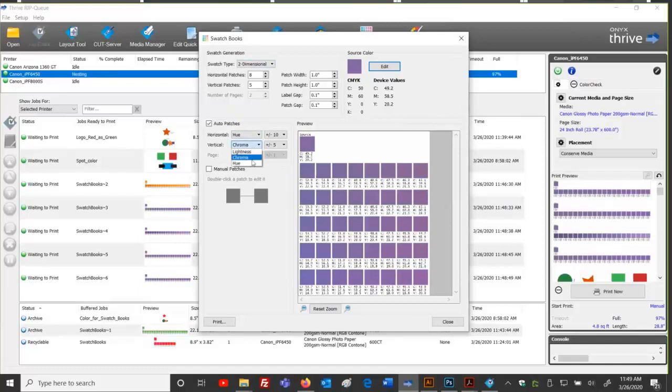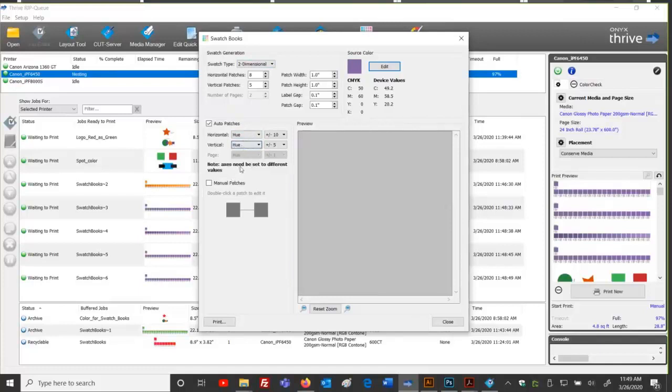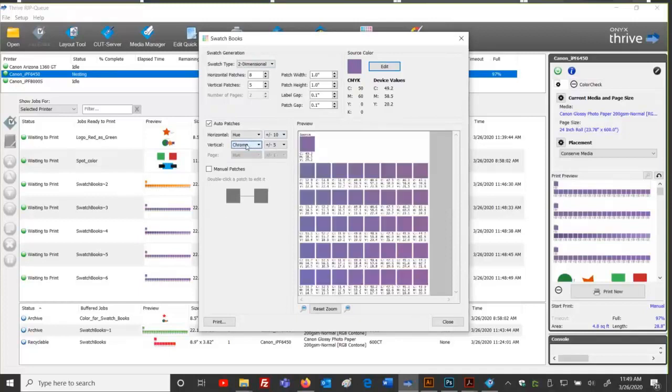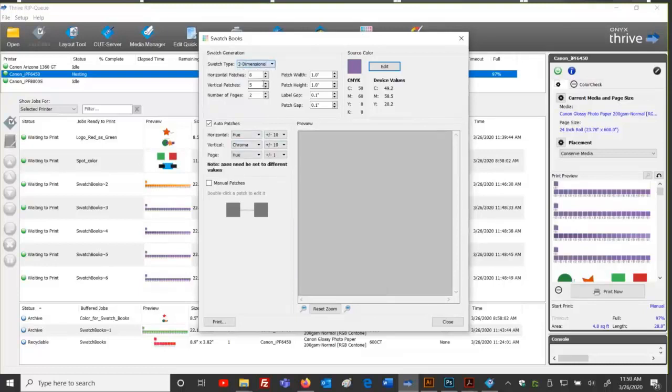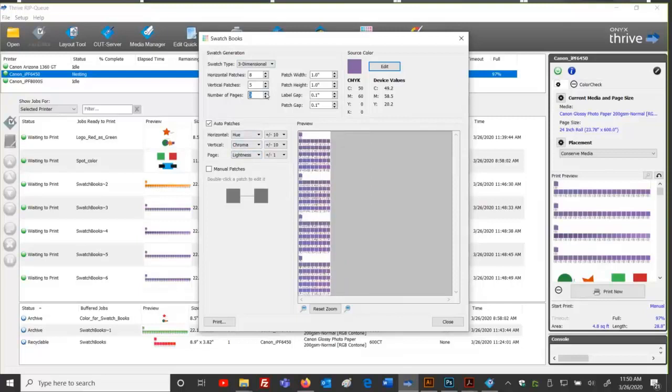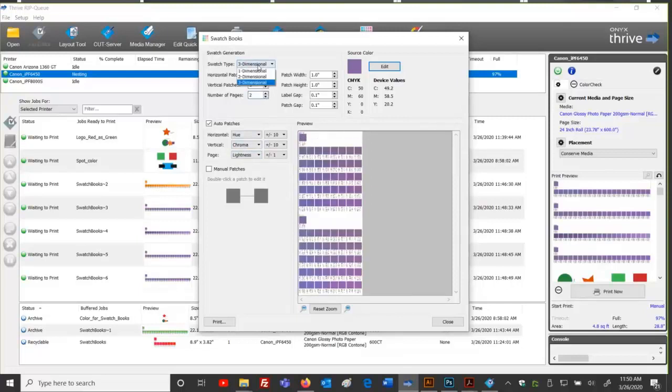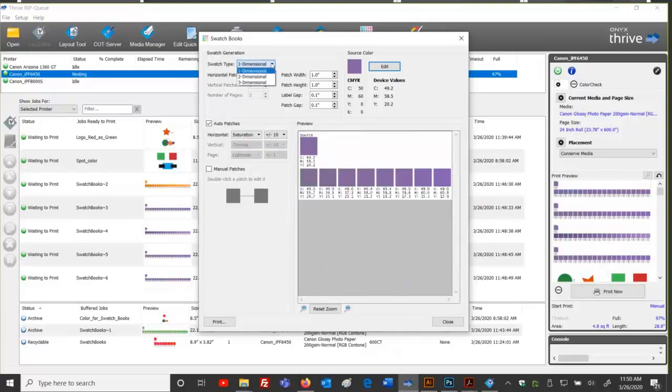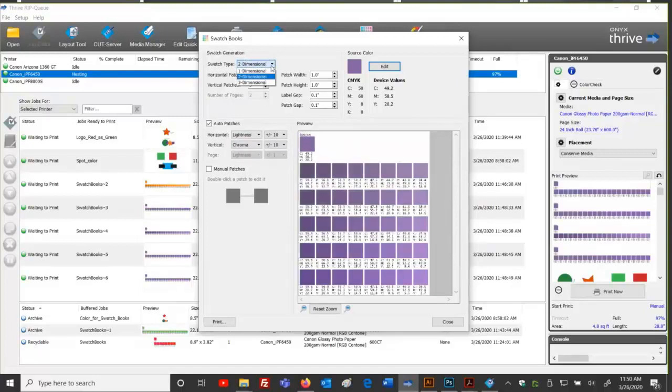We cannot have the same of the two things, obviously. It makes no sense. You wouldn't do that. You'd be in a one-dimensional change. So the menu will tell you so, as you saw. But this is where you can come in here and you could vary how you want this to be. Change in hue horizontally, but vertically change in chroma. If we go to three-dimensional changes, we now get all three, and the additional content is pages. How many additional pages do you want to run? So just to say you've got more than one dimension to make changes based on, or axes based on.